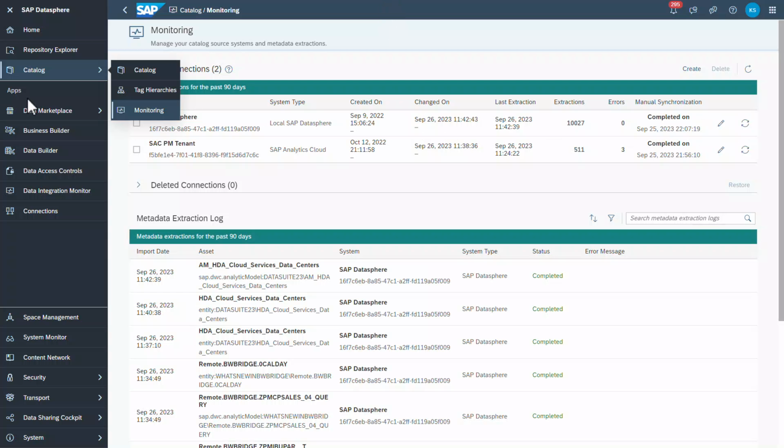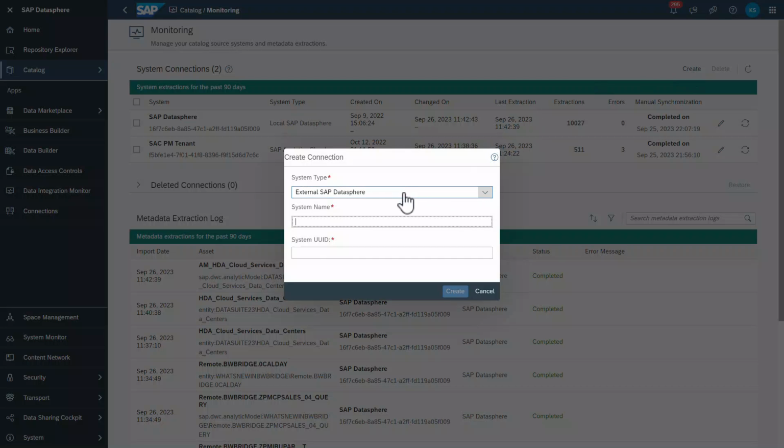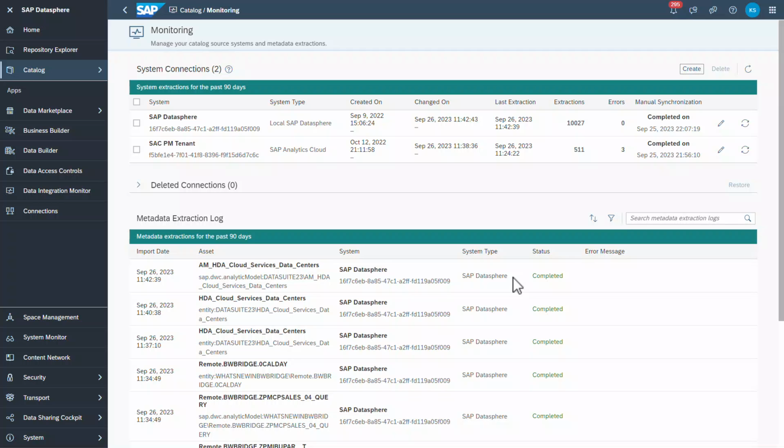So in your system, you go to the catalog monitoring area. That's where you find the different system connections. And here you can now create an additional connection and add additional Datasphere systems, external Datasphere systems as well as analytics cloud systems, which were already there for quite some time. And you add it like your normal system, and then you can run the synchronization and everything as with the